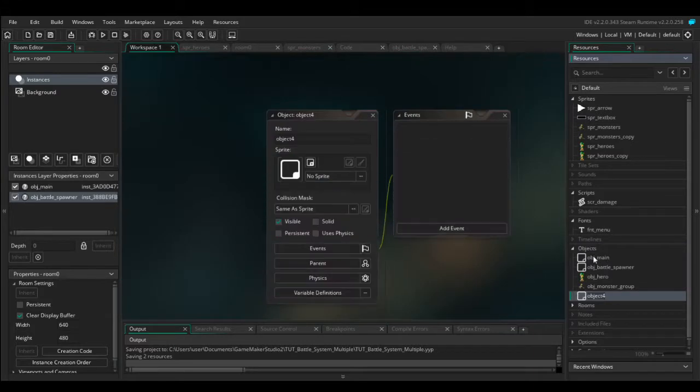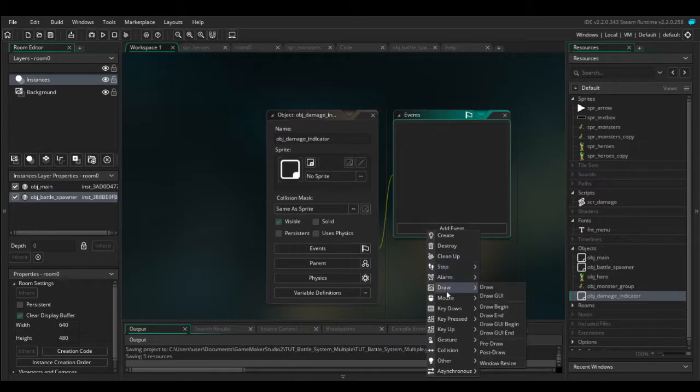So let's make an object. We're going to call it obj damage indicator. I should have picked something easier to spell, shouldn't I? There we go. And in the draw event,